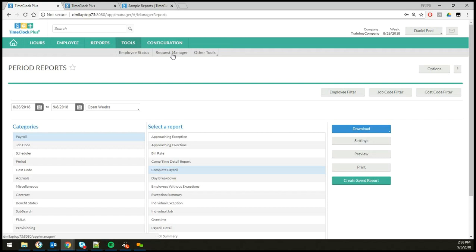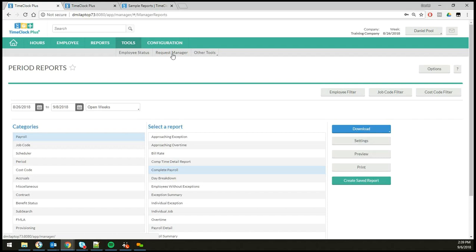So your employees, whenever they're at the clock, yes, they have the ability to clock in and out, but you can also give them the ability to keep track of their time off. So optionally, you can actually store your accrual balances inside of Timeclock Plus. So whenever they're at the clock, they can see how much time off they have available, and they can choose to,